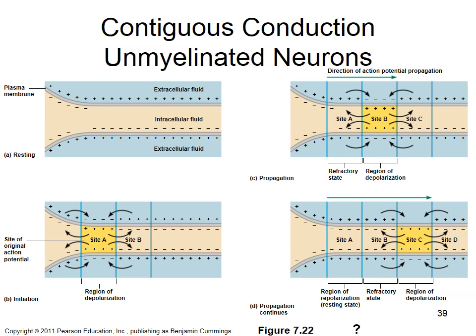Here's panel B. Here, graded potentials occurring in the soma or the dendrites have brought the axon hillock to threshold, right? Voltage-gated sodium channels have opened. Sodium has rushed in. The interior of the cell is now positively charged. Okay, those positive cations are going to diffuse away. Some of them are going to diffuse up into the soma, and some of them are going to diffuse towards site B or downstream. Okay?